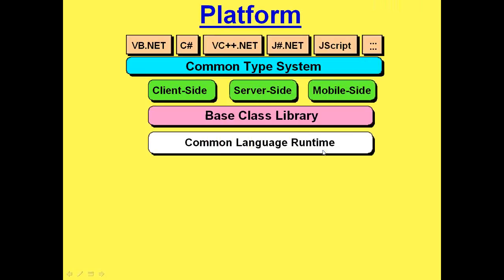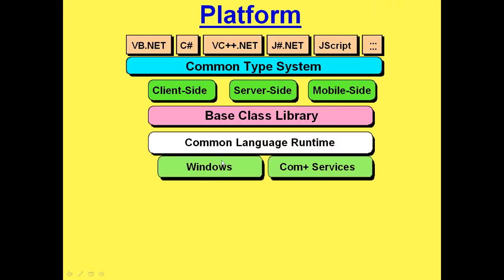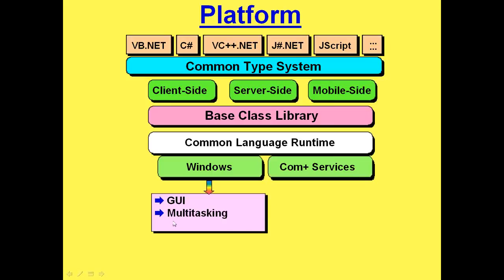Platform: Windows. We are using the Windows platform. Why are we using the Windows platform? The reason is the GUI, graphical user interface, the multitasking facility, which means more than one task is running at one time, and Windows is an event-driven model.